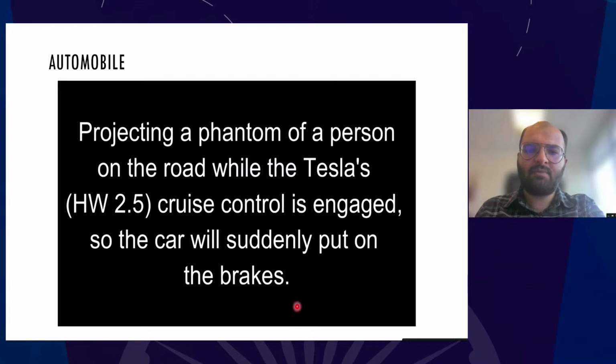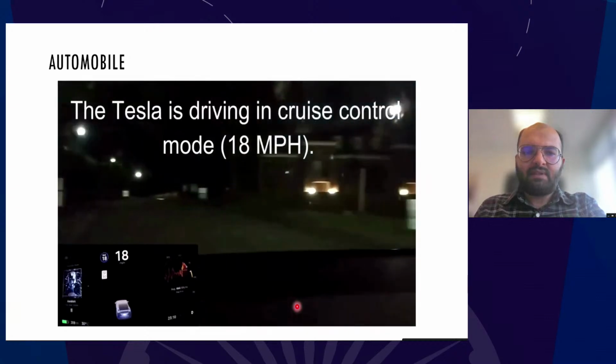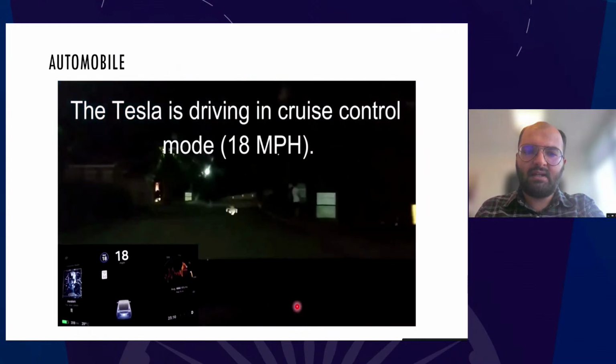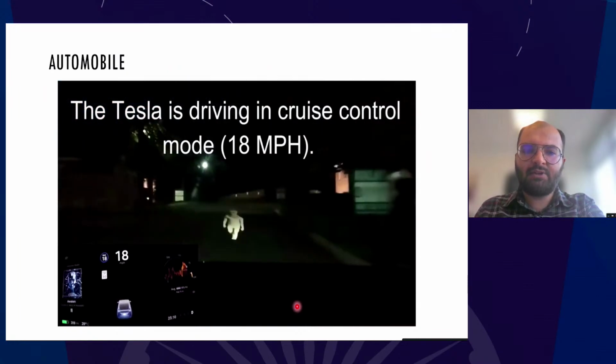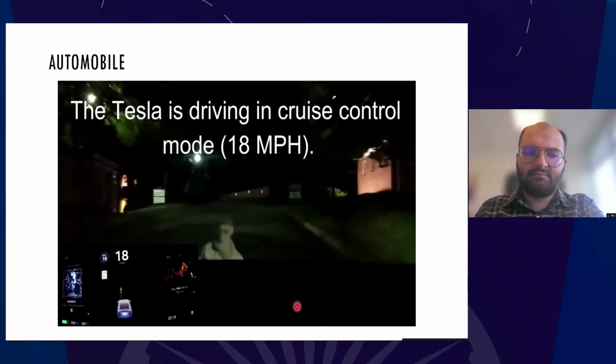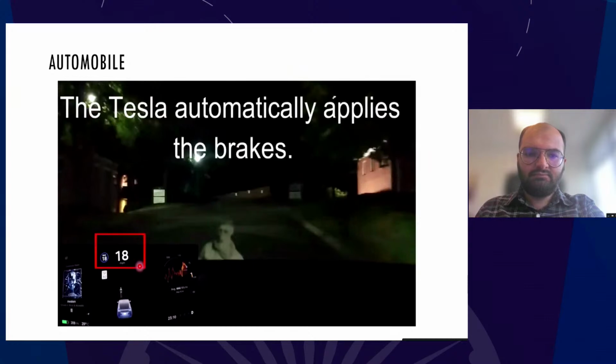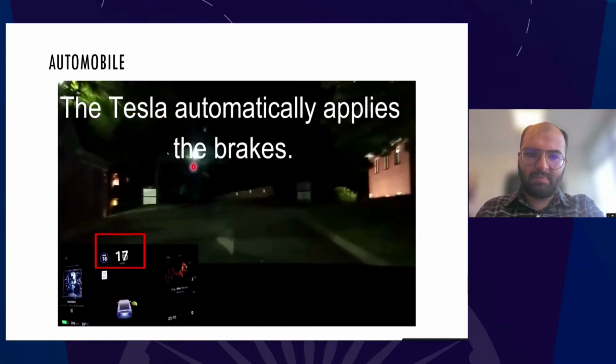ये टेस्ला की कार थी जो एडवांस्ड कार मानी जाती है। यहाँ पे हम देख सकते हैं कि कार जा रही है और यहाँ पे एक ह्यूमन का प्रोजेक्शन है और कार उसको रियल ह्यूमन मान के रुक जाएगी। यहाँ पे प्रोजेक्शन है, वो रियल ह्यूमन डिटेक्ट करके कार यहीं पे रुक जाएगी। ब्रेक अप्लाई कर दी।